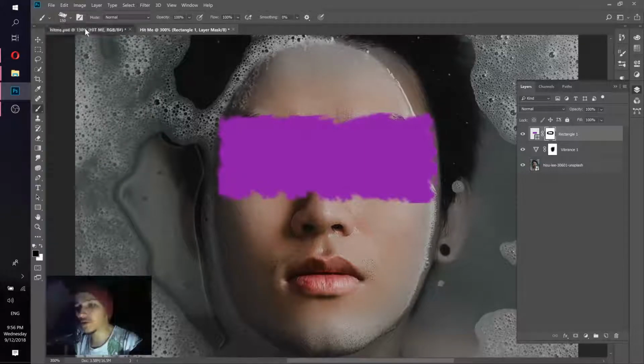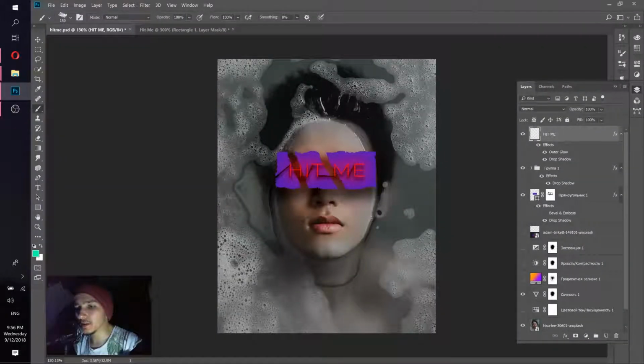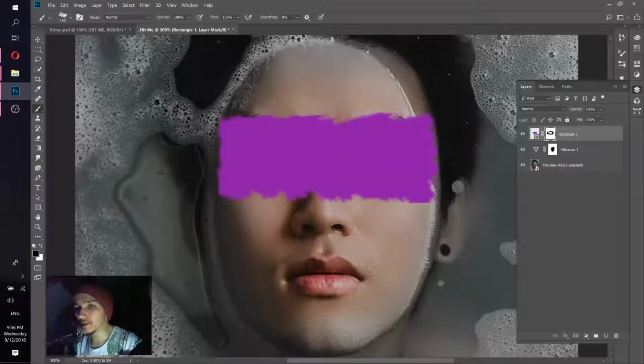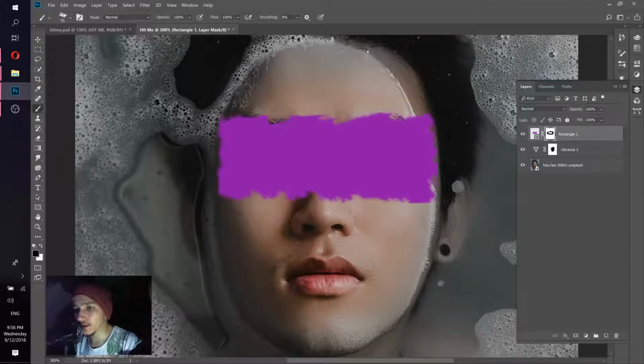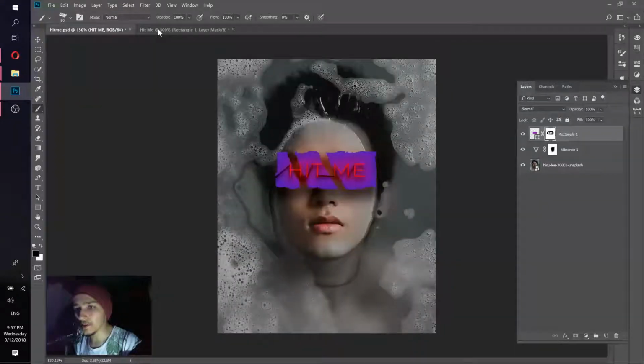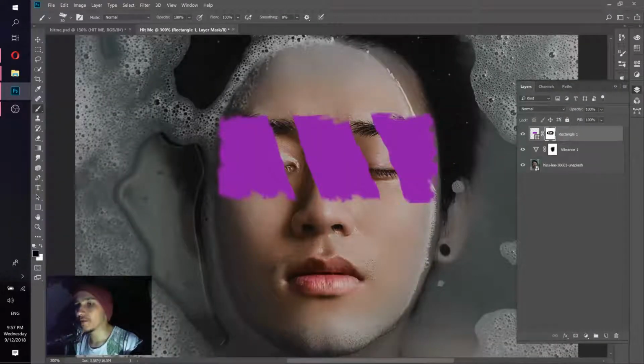So next thing we need to do is we also need to make some distances here. Like you can see that the rectangle doesn't appear here and here, and in order to do that, let's make this smaller, and let's just make, okay, it's too big. Go back. In order to go back, you can just go to Edit and Step Backward, in case you didn't know. Now let's do that again and again. Let's see if we did it right. Yeah, I mean, there's no right or wrong, we can't replicate exactly what we did there and do it here. So let's just go again here and just press,